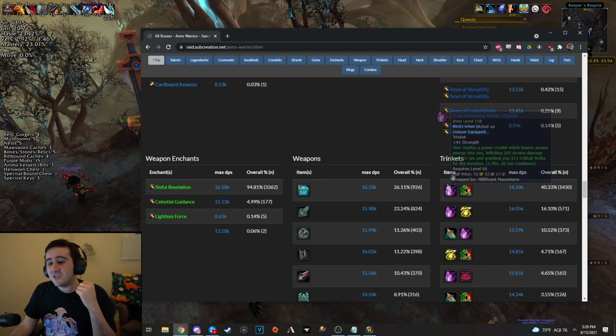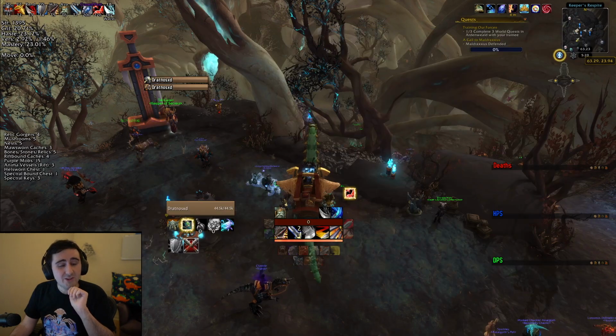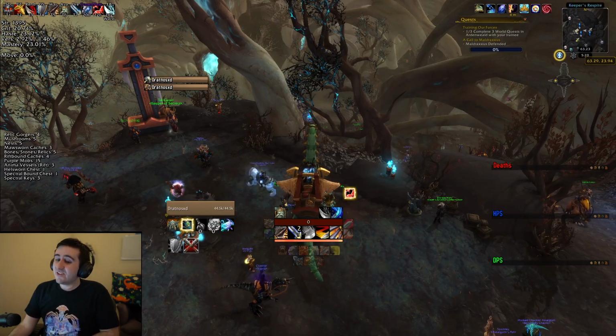So you can do this to quickly check through and see if there's Mythic Plus farmable items for your character that you're going to want to start trying to collect. Okay, so